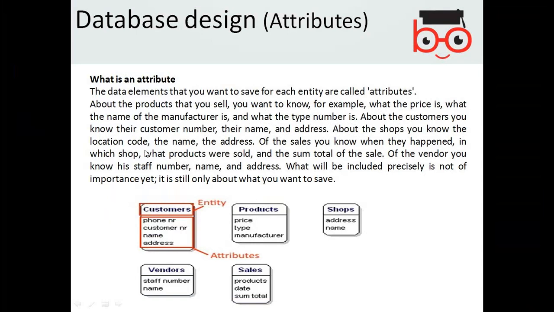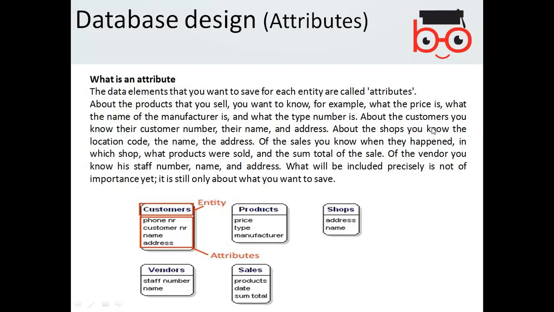Now we come to the attributes. Data elements that you want to save for each entity are called the attributes. About the product that you sell, you want to know, for example, what the price is, what the name of the manufacturer is, what the type number is. About the customers, you know their customer number, their name, address.